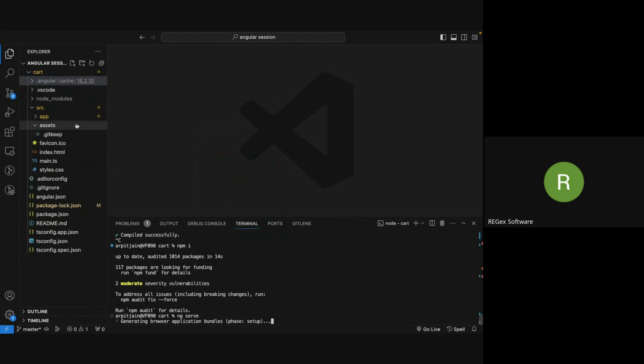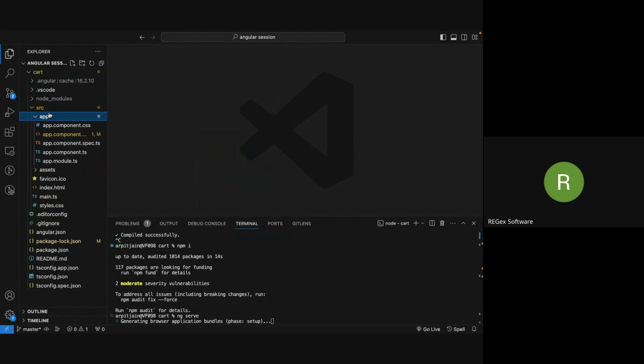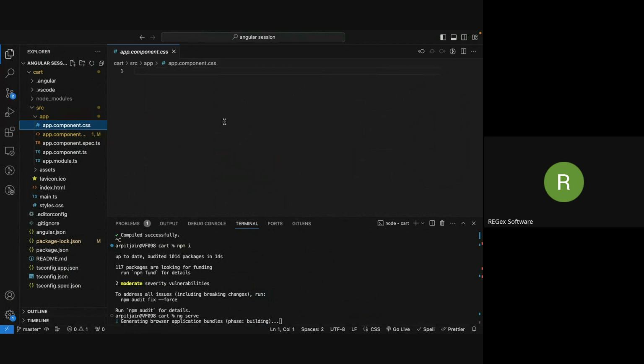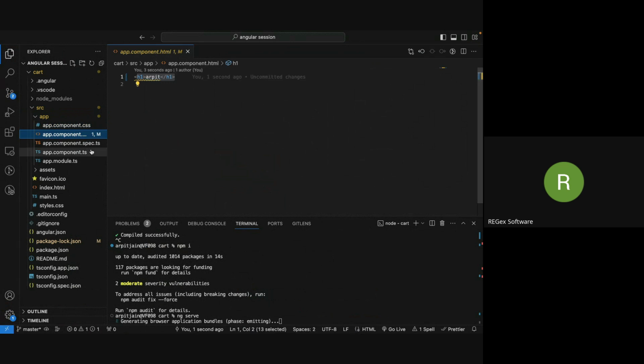Okay, coming back to the main heart of the source, that is app. So we have understood that there will be small components. In every component there will be 4 files. What are those 4 files? First file is CSS. That will contain CSS related to that component only. Okay, then there is HTML. If we want to write certain code in that component, we write the code over here. Then there is